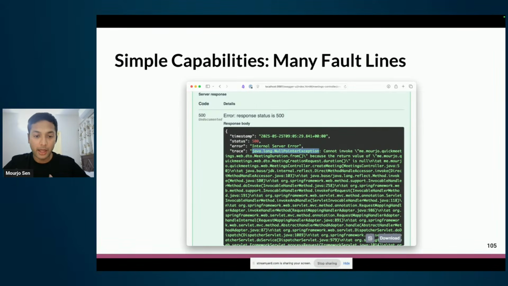So let's wear the hat of the user here. Someone who just wants to use this application wouldn't be very happy if they saw this, because all they wanted to do was create a meeting, and they get in response something that says 500 status, internal server error, some null pointer exceptions, some servlet, some spring, some base, something that is absolutely not what the user wanted. In fact, if I was the user, I would lose faith in this product and not use this, because I tried something and it just kind of blew up in my face, right?